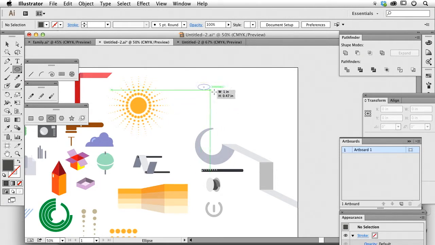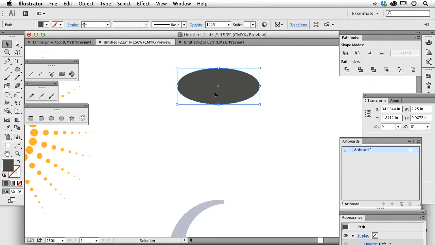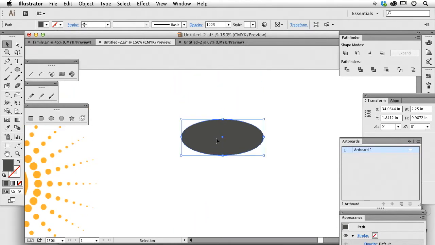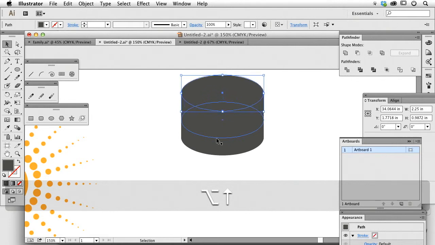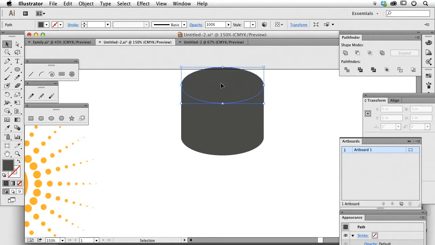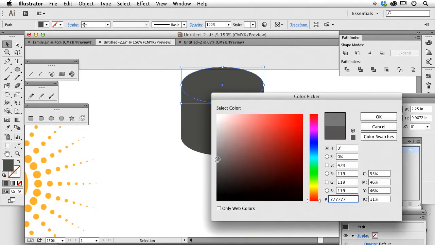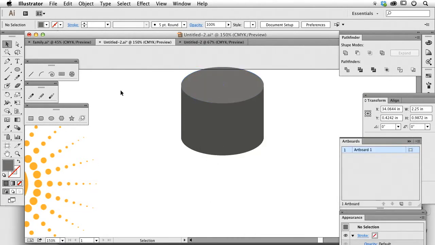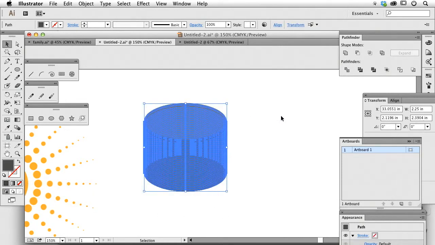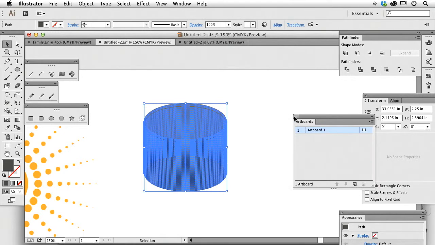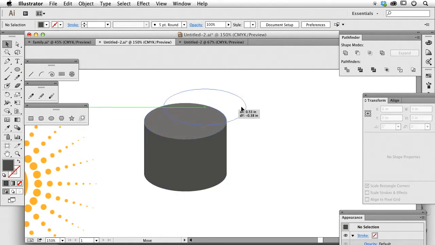If I were to take a circle and I wanted to create some type of cylinder with this circle, I could very easily take this, and if I just use my Option up arrow, I simply duplicate that numerous times, and that's going to create a fantastic cylinder. Okay? I'm just holding down my Option and my up arrow key. And then the top item right here, if I want to show a little bit of highlight on there, I'm simply going to make it lighter, okay? It's great. It shows me a really cool cylinder there. I could select everything except the top one, use Pathfinder, put it all together so it becomes one object,